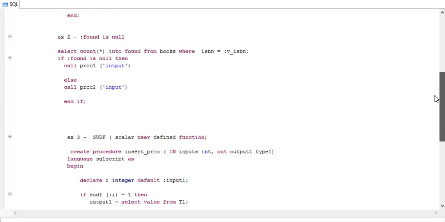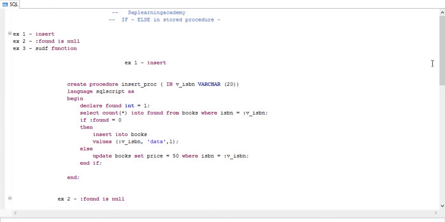Let me quickly go through what we have learned today. In this video we mostly covered how we can write if else and its multiple examples. In the first example we talked about insert and update. If you have a logic where you need to implement both insert and update, you can utilize this, with a comparator used for verifying.